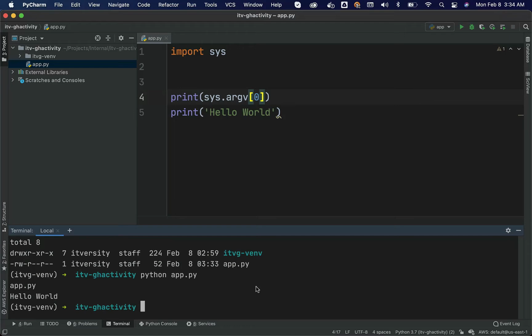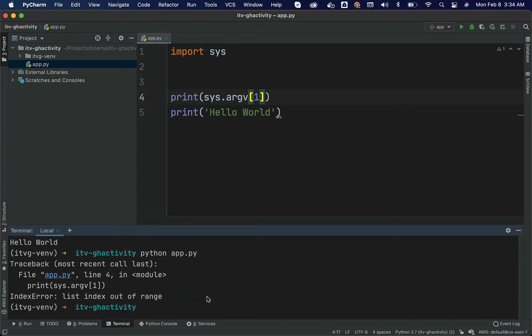Both are same. So IDEs typically provide access to the terminal so that you can validate directly from the IDE itself without getting into the terminal on Mac or Ubuntu or even Windows. That being said, now you can see app.py is printed. The difference is when we actually validated using PyCharm, directly using PyCharm wizard, we have seen the fully qualified path of the program name. Here when we use command line, it is only showing the relative path. It is only showing the program name, not the complete path. Now if I say sys.argv of 1 and then Python app.py, it is actually throwing the same error, which is nothing but list index out of range.